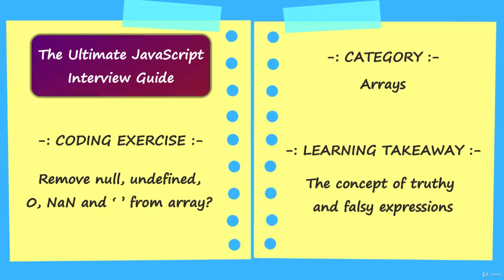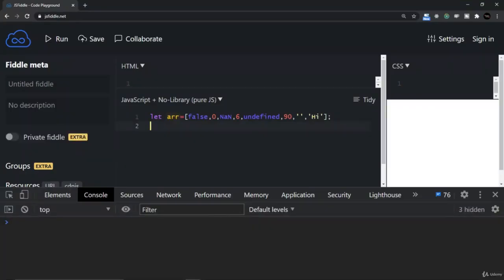In this coding exercise, we are going to remove false, zeros, not a number values, undefined or maybe blank spaces from an array. So eventually the array should contain only the values which are more than 0 or proper data in element. Now there is a very simple way to do the same thing. We can use a loop, we can search for various values, we can compare it, but I'm going to use